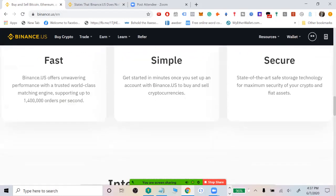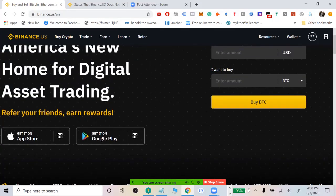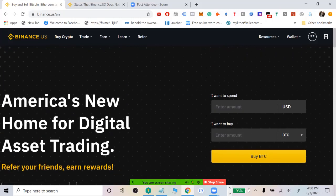cryptocurrencies. And just in case you say, hey, I would love to earn some assets on my assets, you can do it here as well. But guys, trading, getting started in the market, getting your feet wet in the digital asset space, for me, without question, it's Binance US for those of you in the United States. And it's Binance.com if you happen to be in Europe or Asia and you want to get started. Very, very simple to do so. So shout out to the people from Binance, both Binance.com and the US exchange, Binance.us,